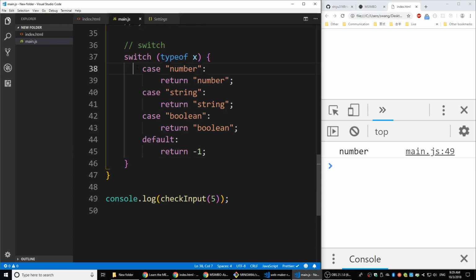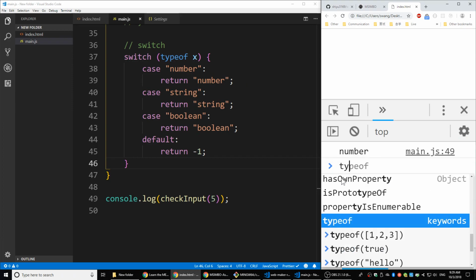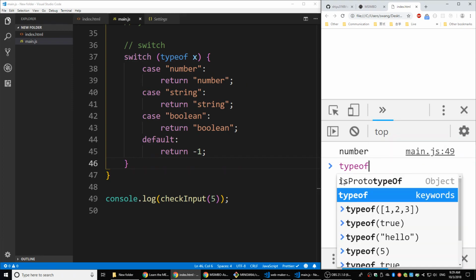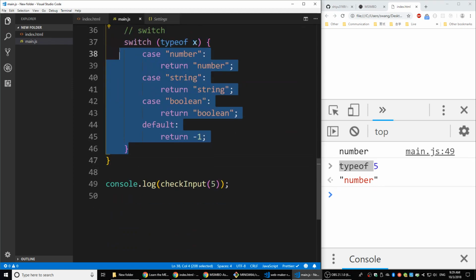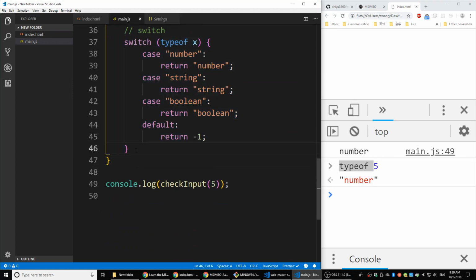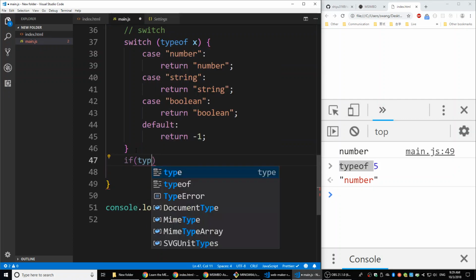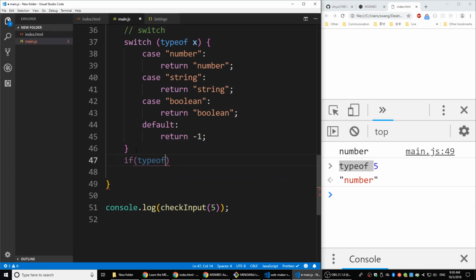Also, like you see, the first three cases are very similar. If you just see the type of 5, when you're trying to check the input 5, it's basically just calling the type of 5. So here we can actually have a shorter way to do so. Let me show you that. So we can basically say if type of x is equal to number,